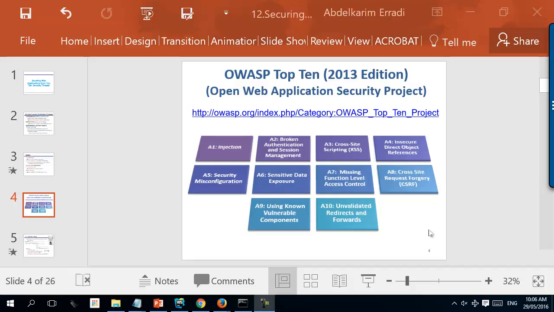In some input field, instead of typing a value, they put a command. And that command goes to the interpreter, and the interpreter will execute it and either reveal some information that the hacker is not authorized to see,